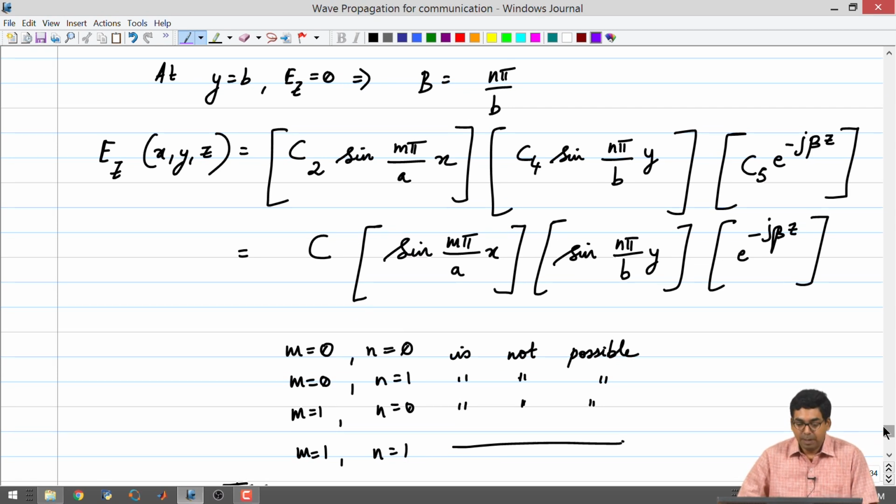So, we have seen all these things, and then we also saw what possible values of m and n are going to be with this particular polarization configuration and what they mean with respect to the standing wave patterns. That is where we were heading. So, m equal to 0, n equal to 0, if you merely substitute in the electric field expression, you will end up getting Ez equal to 0. There is no electric field z component in your waveguide at all. And m equal to 0, n equal to 1, once again your field is identically 0. m equal to 1, n equal to 0 is not possible again.